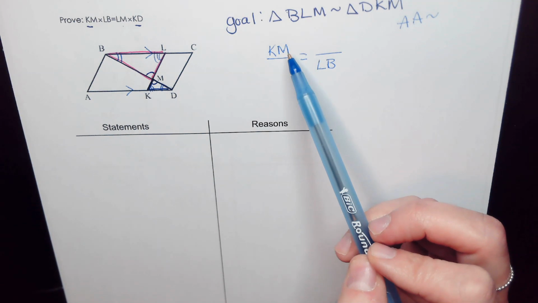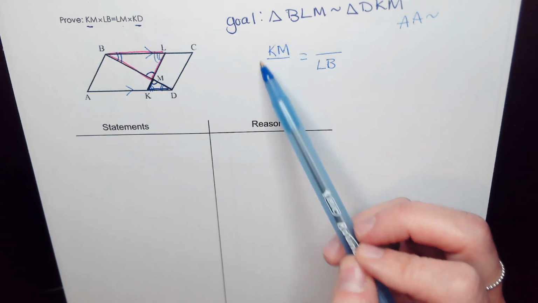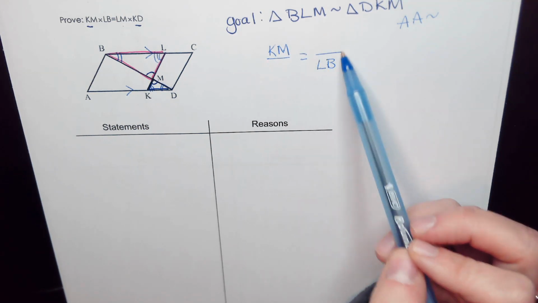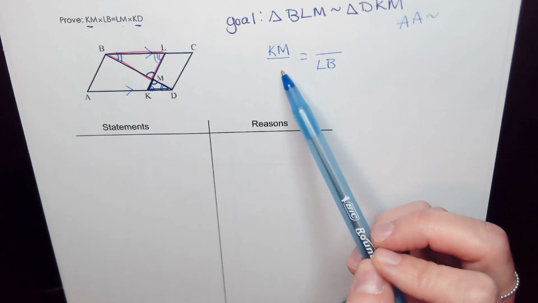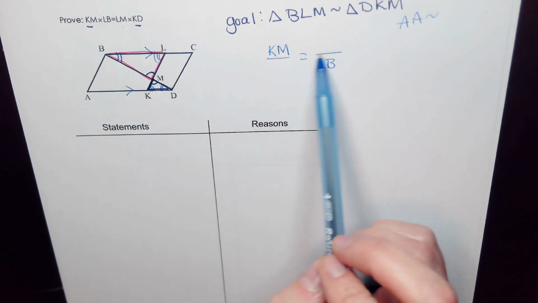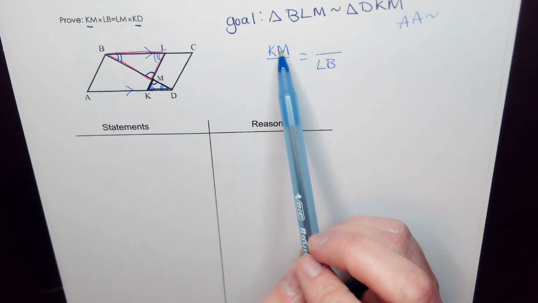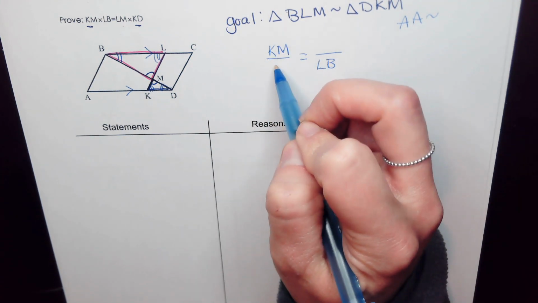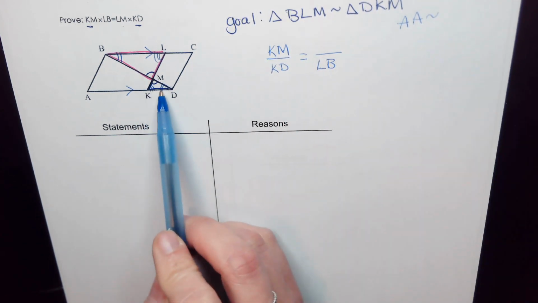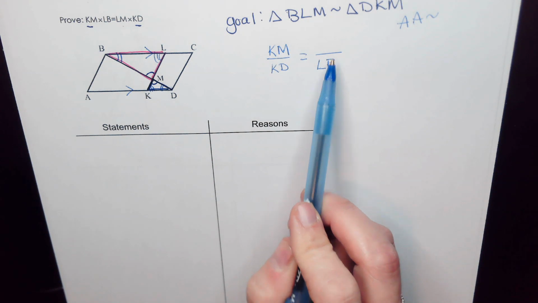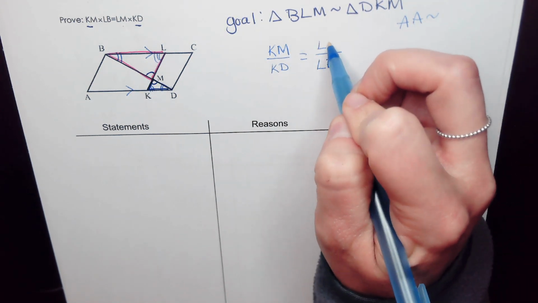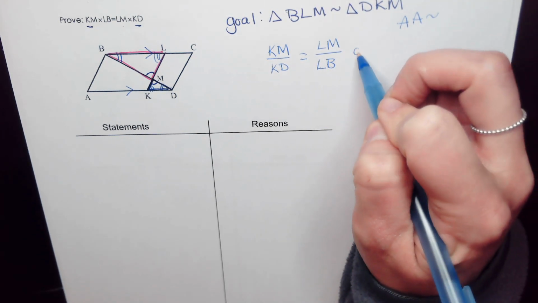So there's a couple ways you can think about it. You can either make the first fraction all of one triangle and the second fraction all the other, or you can compare sides and keep the one triangle on the bottom and the other triangle on the top. So if I have KM over here, then the other segment in that triangle would be KD. So KD, you'll see, is across from LB. And then you could put our LM up here, or